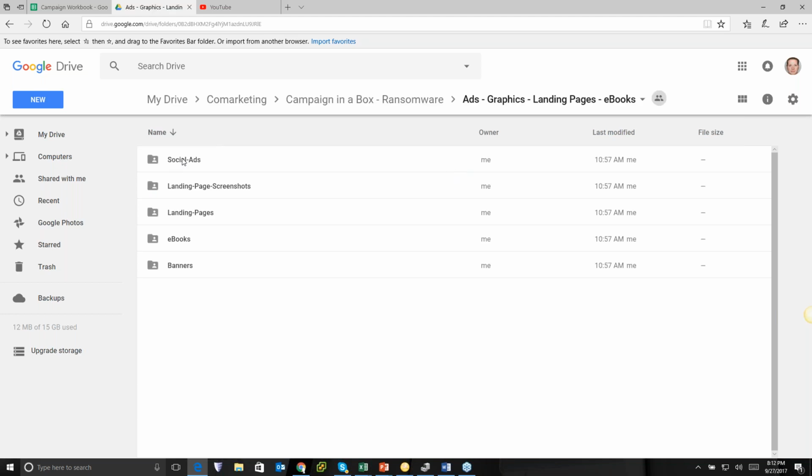And in the zip file, we have all the graphics from our marketing team as far as banners to use on your homepage, ebooks that complement the topic well, different landing pages and the HTML and the assets for those landing pages, and some social ads. So if you wanted to run some Google AdWords and you need a little banner, you're going to find it in there. So this is the first of many to come campaigns in a box. This way you can take the information we have, and hopefully with this new planning tool, you can operate on your schedule and not mine.